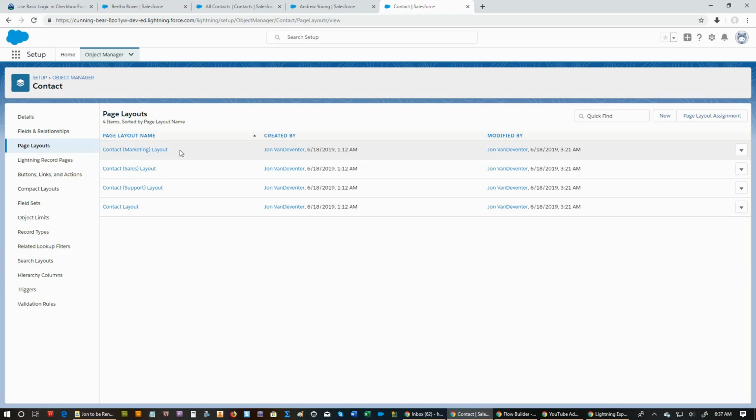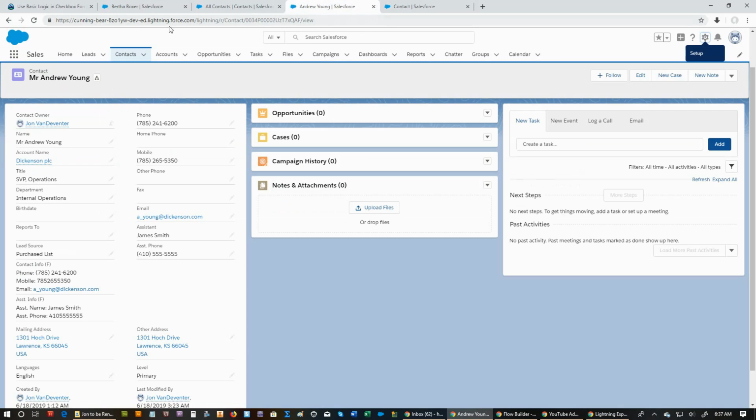And one of the things that I find a little bit complex, unnecessarily complex right off the bat in the Trailhead orgs is you have all these different marketing, sales, support, like different layouts for different purposes. And that can be extremely useful, but for Trailhead I personally feel like they should just start with a single contact layout. So what I'm going to point out is we're working in, if you look up here, we're working